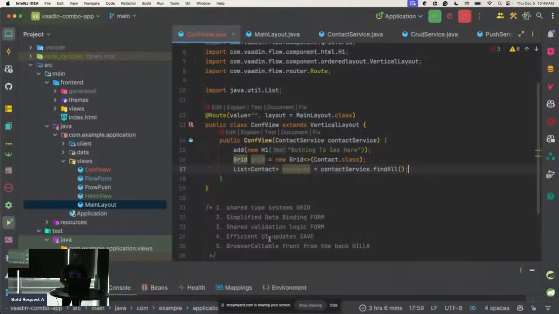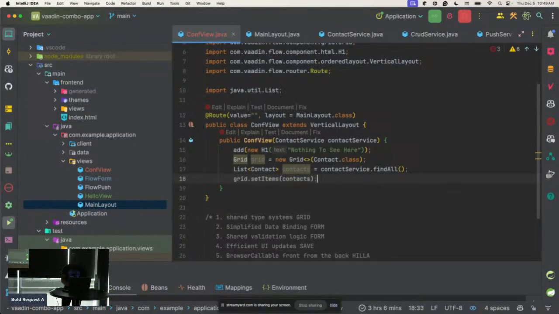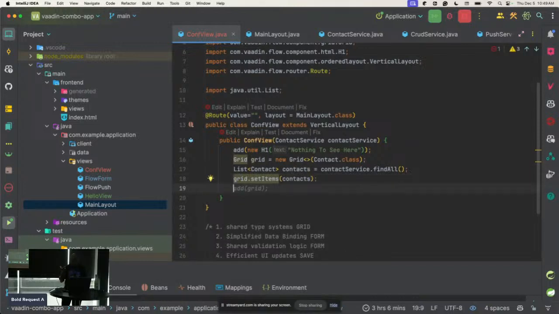So back to the code, we get the contacts. With those contacts, we can now populate our grid. Thank you, Copilot, that's correct. We can populate the grid by saying set items. When we actually view that in the browser is the add method. So that add method is in the constructor. It's going to add the entire component that we've populated. So this is how many lines of code? 1, 2, 3, 4, 5 lines of code gives me,